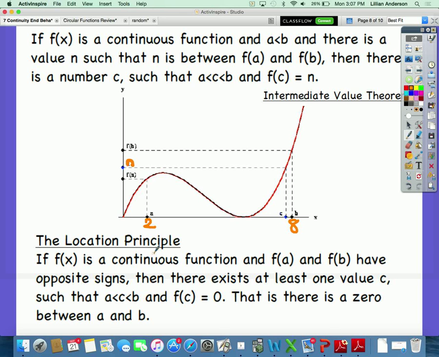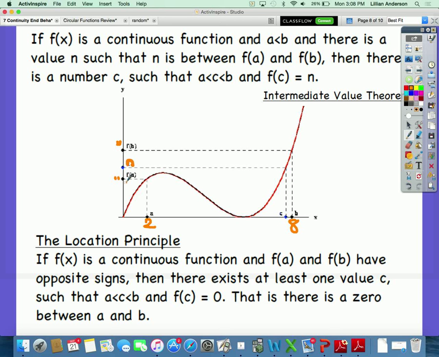So there's a value that's in between f of a and f of b. What does f of anything mean? What's f? It means y. So when a is 2, f of 2 is the corresponding y. When b is 8, f of b is the corresponding y when x is 8. So there's some number in between these two y values that exists when you have a number c in between them. This is the intermediate value theorem, which ties into your location principle, which basically tells you